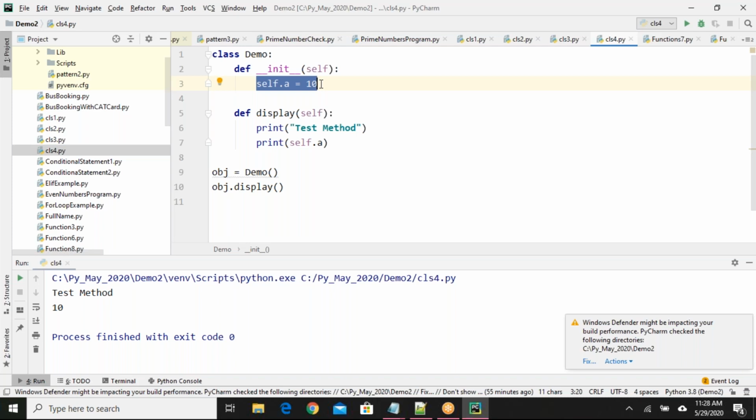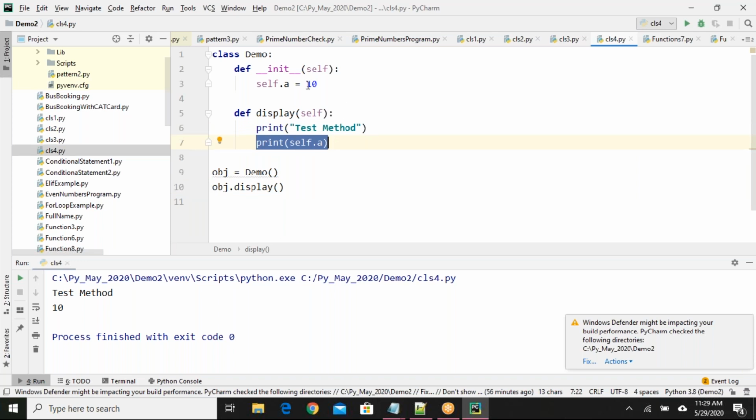So variable a is declared and its value is initialized to 10. Next, in line number 10, I'm calling object.display, so this method will be called. Test method will be printed and self.a will be printed.